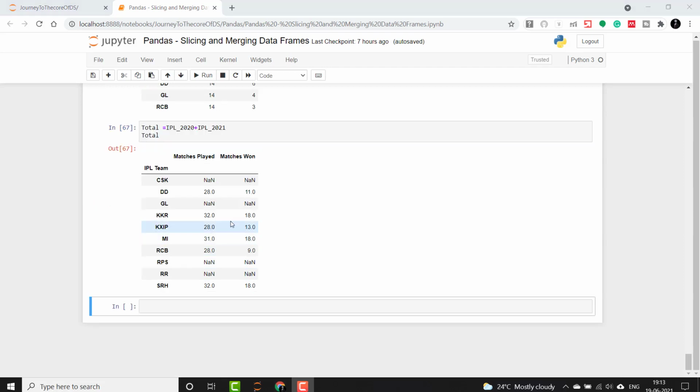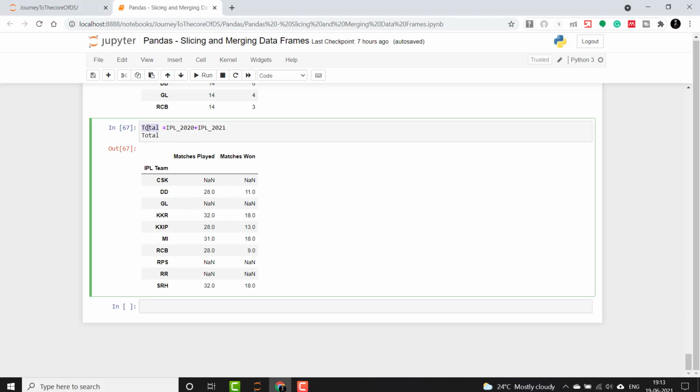So to handle these NaN values, we can represent them using fill_value and mention it in the add function. Let me use it and show how it is done.